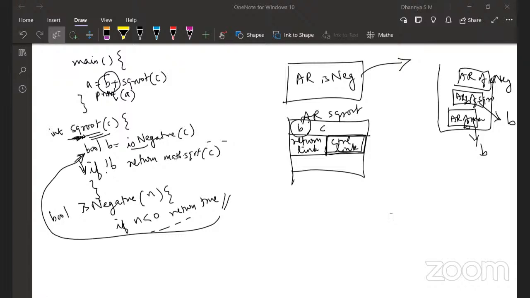Okay, so for now, let us just assume this scenario where you do not have functions within functions and this overlap is not there. In such cases, this is clear, right? The activation record, how the variables are contained, what the return link means and everything. Return link and control link are kind of clear now, right? Just a quick question on this.